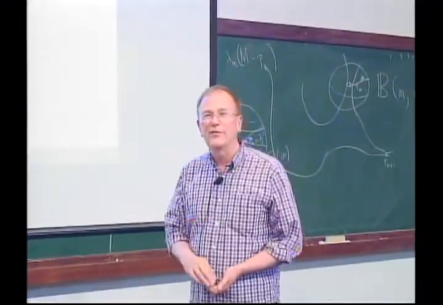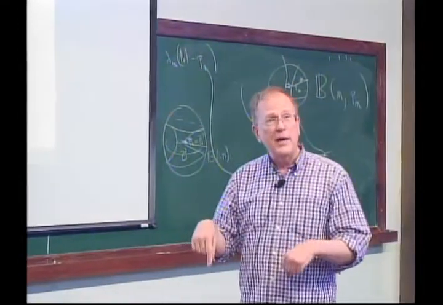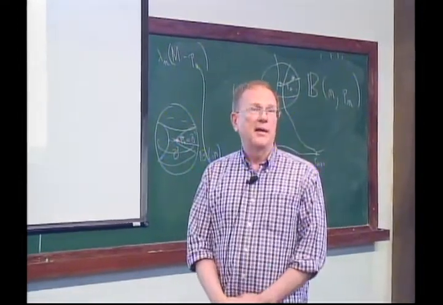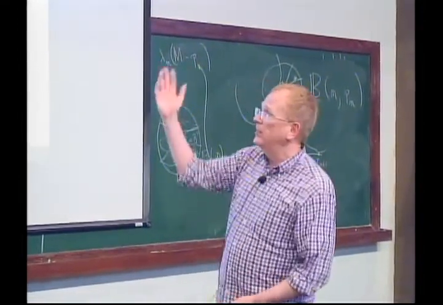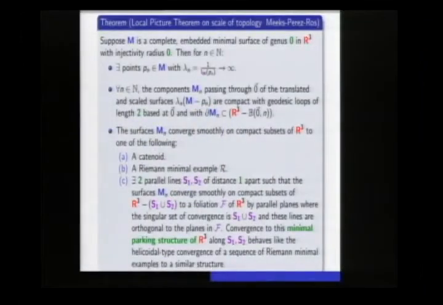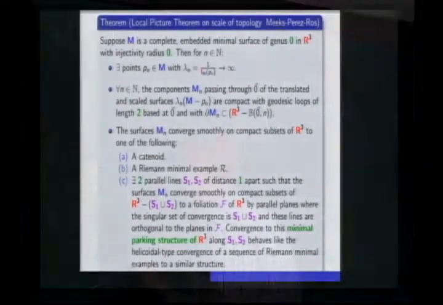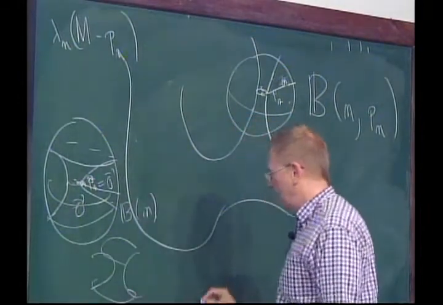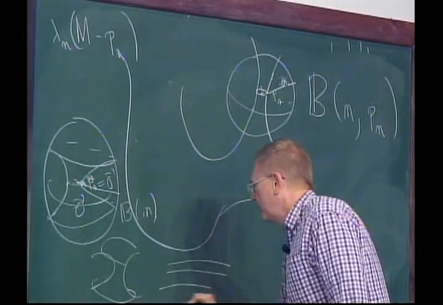The injectivity radius function is 0. So it has to be the catenoid or Riemann. And that's what the theorem says. It says I get a catenoid, I get Riemann, or I get one of the limits of Riemann, which is a parking garage structure. So the possible limits are the catenoid, Riemann,